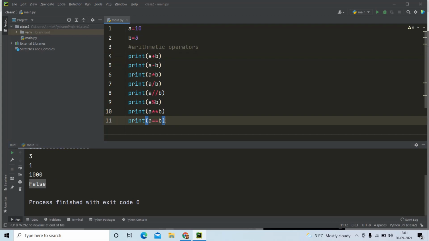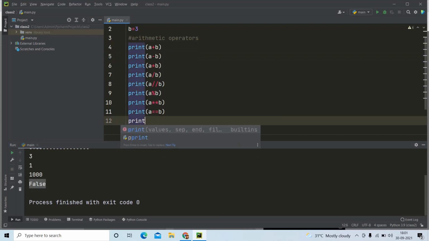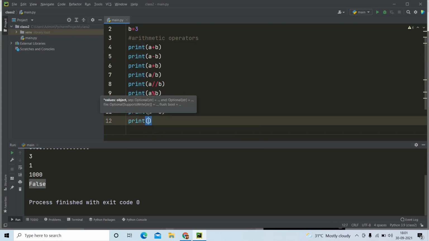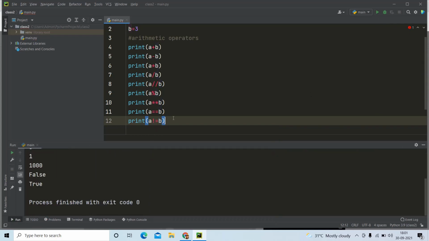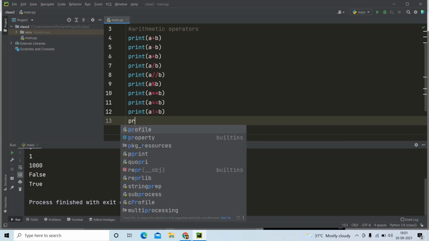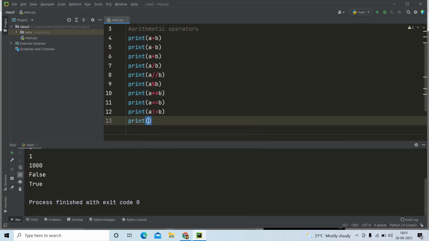The same we can try with print a not equal to b. So now it should print true because a is not equal to b. Can you see? Yeah. So we can just quickly follow all the other print statements and also check whether it is working.